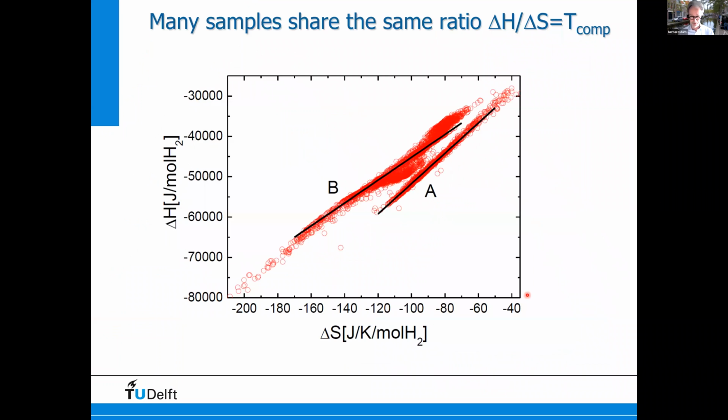Even if we showed this curve where we plot, in more visual terms, the correlation, we actually observed correlations in 2 sets. You could say a B set and an A set, and you see very straight lines between the entropy and enthalpy of these sets of samples. Why did our colleagues say this is wrong? And the reason for that is basically that they say, well, the temperatures,